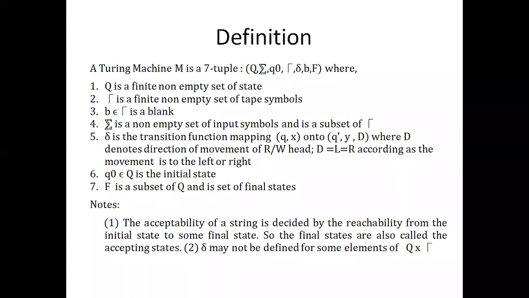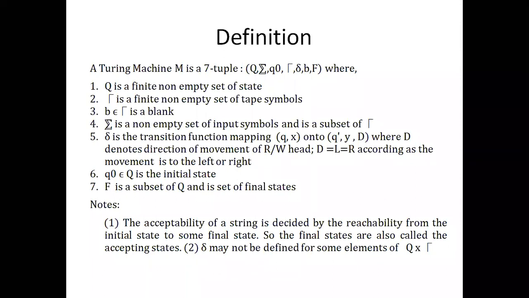Now we have a transition function. In the previous transition functions of finite automata, what we have seen is that the input and the current state decide the next move, right? We are anyways not writing anything to the tape, so this was the only thing. So what we had previously was Q cross sigma gives you another Q. In case of PDA, what we saw was that the input symbol along with the symbol on the stack top and the current state of the machine decides what is the next symbol on the stack, and what is the next transition in terms of the state of the PDA.